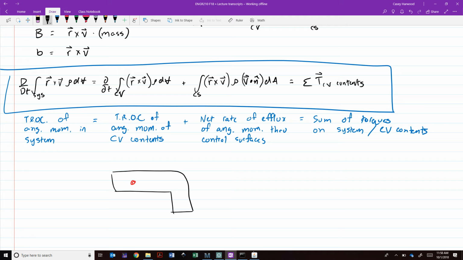You would say, if here's O, you'd find the distance vector to the outlet, you'd find the distance vector to the inlet. From that point, you multiply those in there as cross products, and what you would get is something that looks like